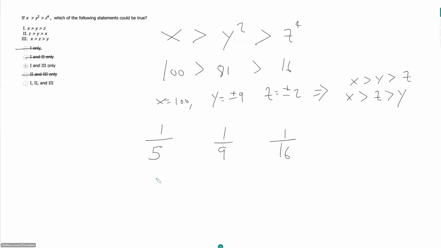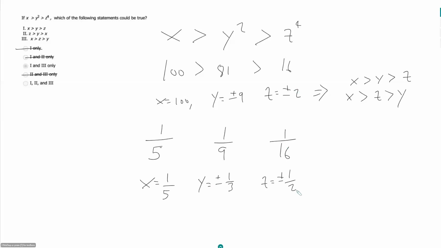So based on this, x is equal to 1/5. Y squared is equal to 1 over 9, so y can equal plus or minus 1/3. And z to the fourth is equal to 1 over 16, so z is equal to plus or minus